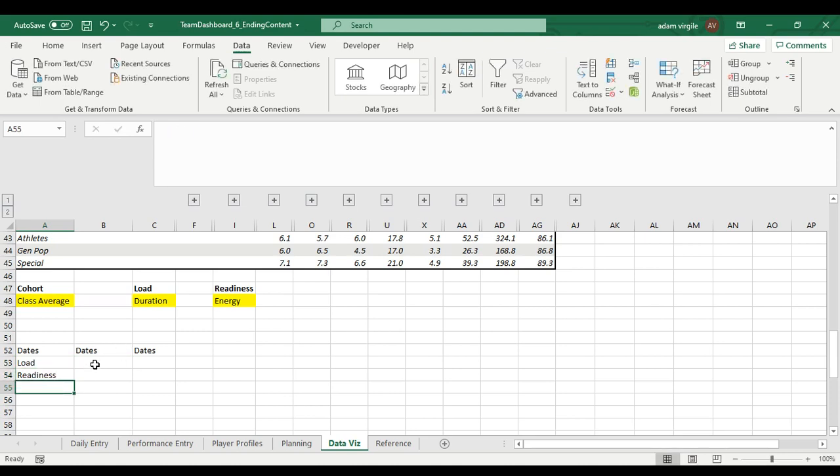So what we're going to start off by doing is we need to get the aggregations of these things that we want. And we need to consider what is selected in here. We need to treat the class average differently from the cohorts because the formulas are a little bit different. So the way that we're going to start this off is, for load, I'm going to go equals IF,